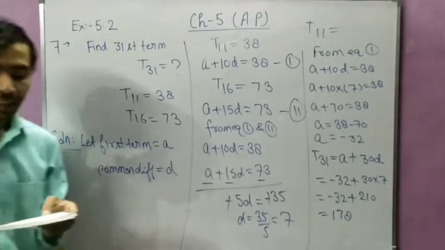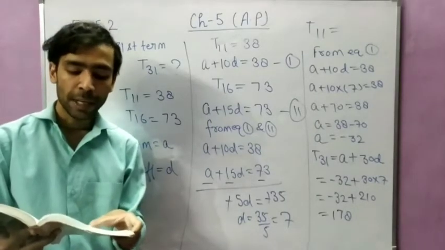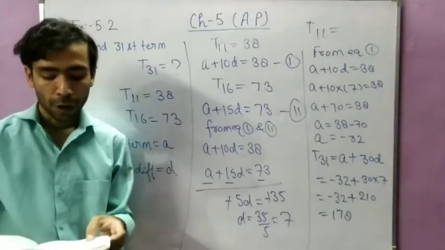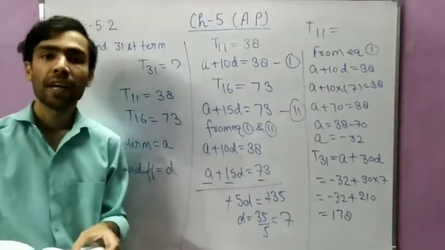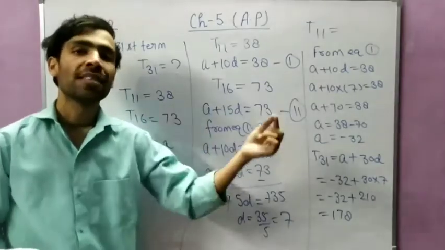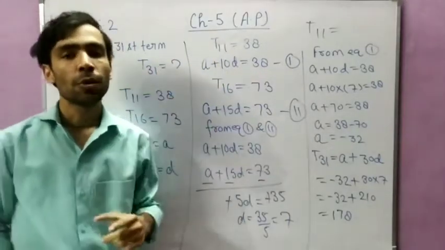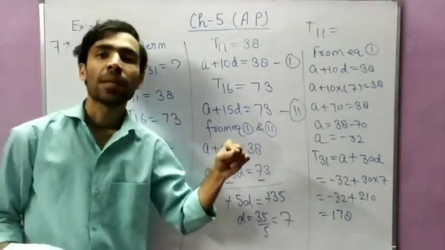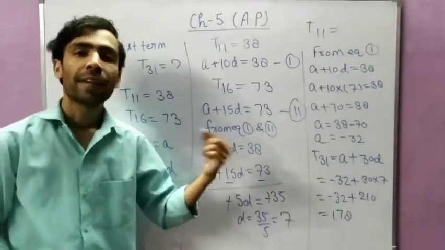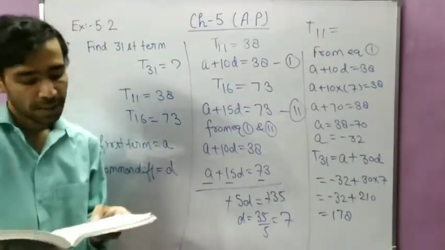Now question number 9 is also the same. If the third and ninth terms of the AP are 4 and minus 8, which term of the AP will be 0? So from these two statements you will calculate the values of A and D, and after that, which term of the AP is 0? So you will assume the nth term of the AP is 0. So Tn will be equal to 0, and you know that Tn equals A plus (n minus 1) D. When you put the values of A and D, you can get the value of n. So that term will be 0.